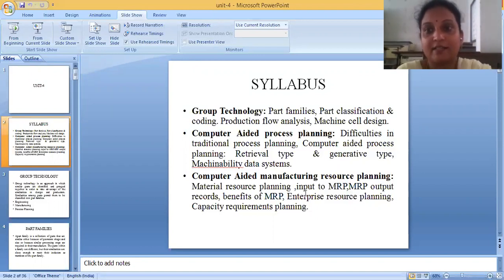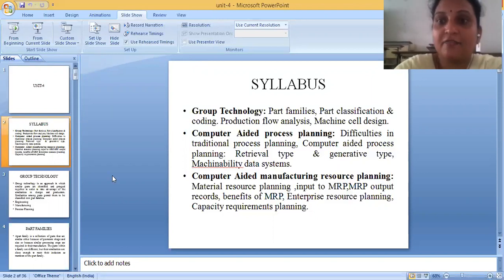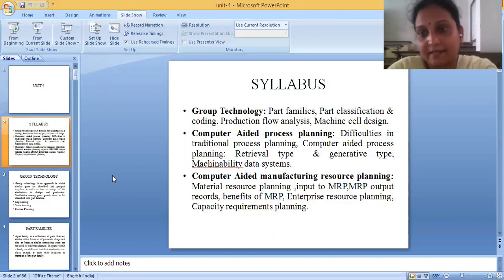In today's class, let us first start our discussion with group technology. Group technology is where we classify the parts into different part families and accordingly manufacture them. Part families is a part of group technology.